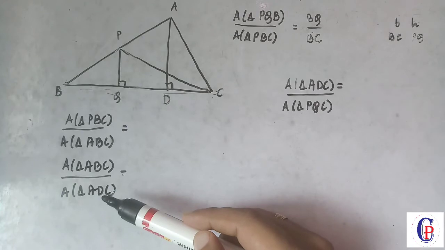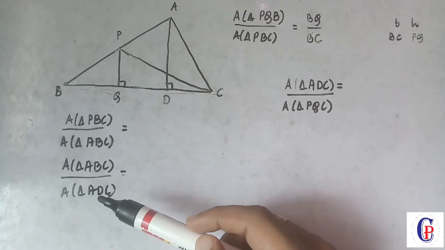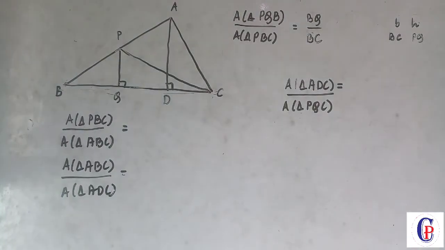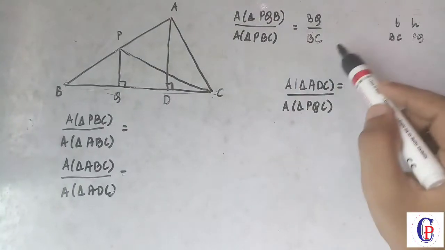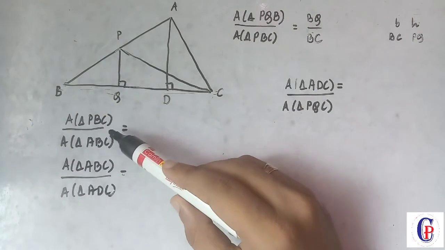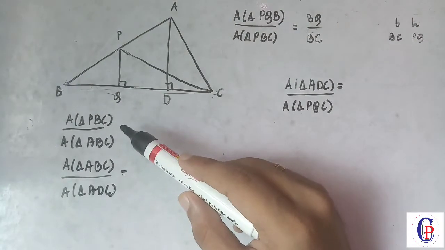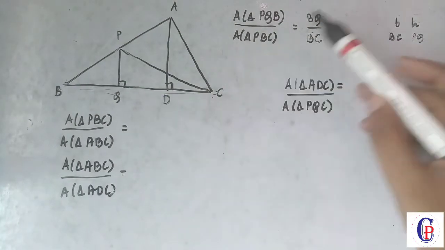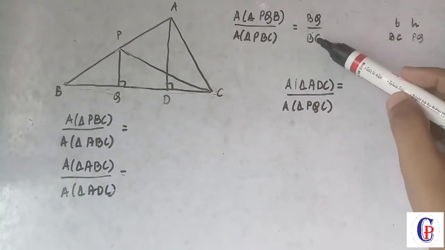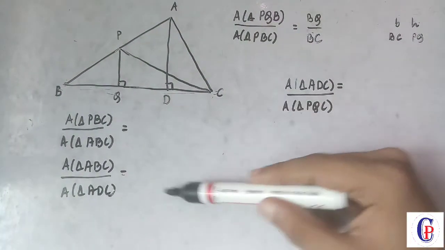So you pause the video and think about it, just don't keep watching the video. Because if you try by yourself, then only you will be able to answer the question. Because in the exam, you have to answer the question alone. No one is going to help you. So I would like that once you have understood this first thing, attempt the second. It's okay if it is wrong, it doesn't matter. But once you understand this, you should be able to solve these three sums.